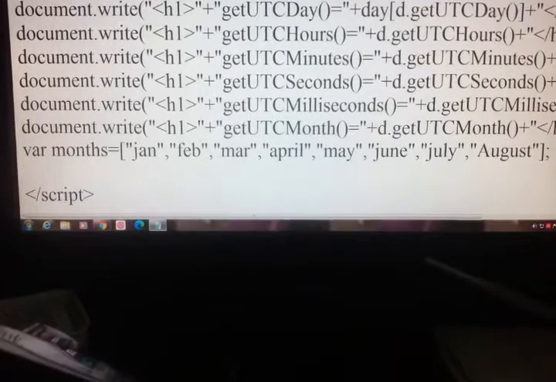Then I have to use this particular UTC month. Simply what I have to do here is access the array element. So here write months, the array name, open bracket and close bracket after d dot get UTC month.